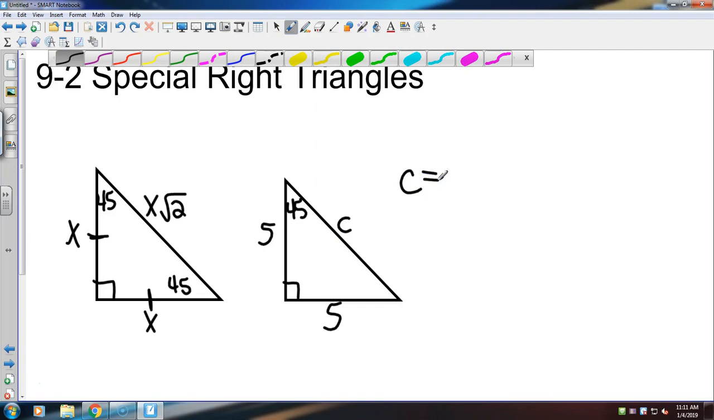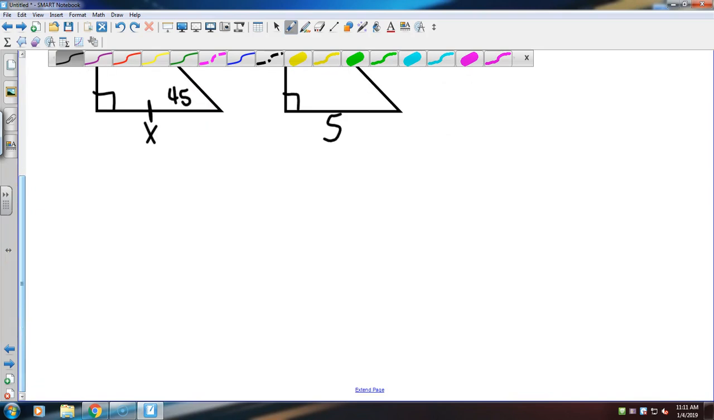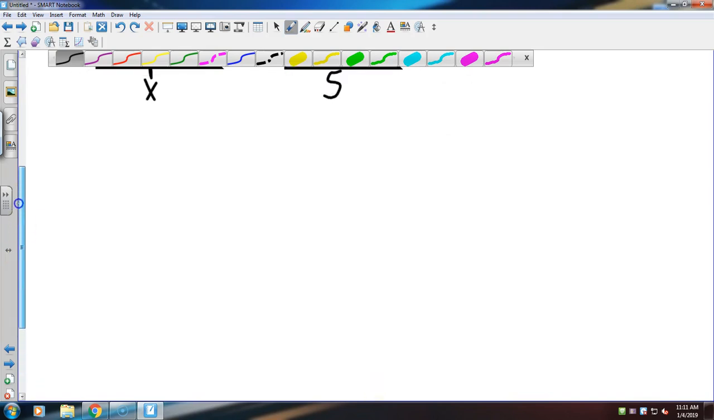Well, over here, all we did was take what the side was, and we multiplied it by radical 2. So we know the sides this time are 5. So to find C, we take 5 times radical 2. That's it. We take the side that we know times radical 2. Now, will we always know the side? Of course not. So maybe this time they give us